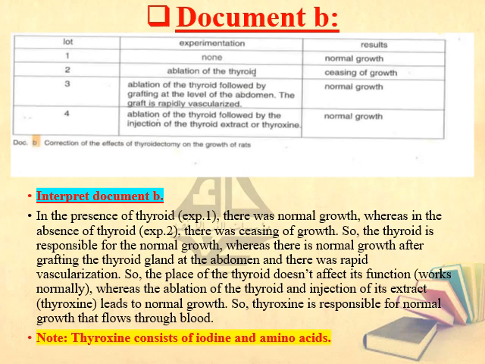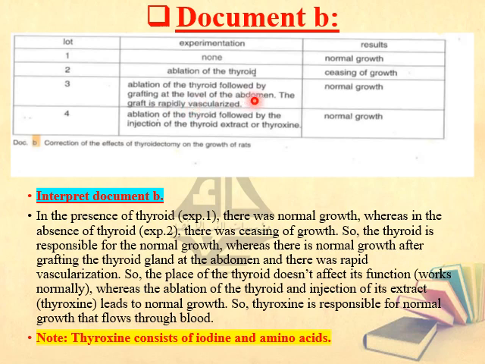Now let's move to document B. It's very important where 4 experiments were performed, and the results are seen in the table. Let's see what happened in the 4 lots or in the 4 experiments. In lot 1, in experiment 1, nothing took place. There was normal growth. While in experiment 2, ablation of the thyroid took place. They removed the thyroid gland. We noticed that there was a ceasing of growth, no more growth. The growth stopped. In experiment 3, ablation of the thyroid, they removed the thyroid, followed by then grafting at the